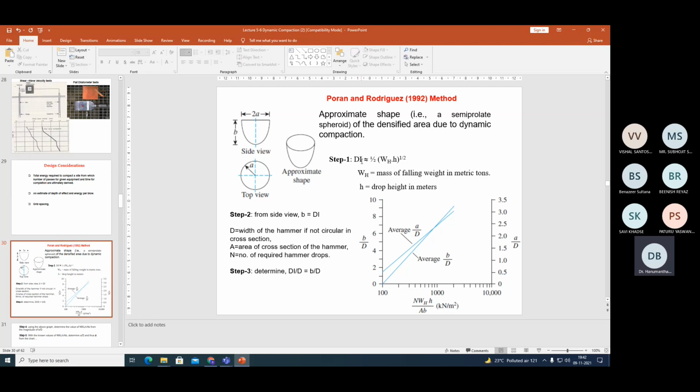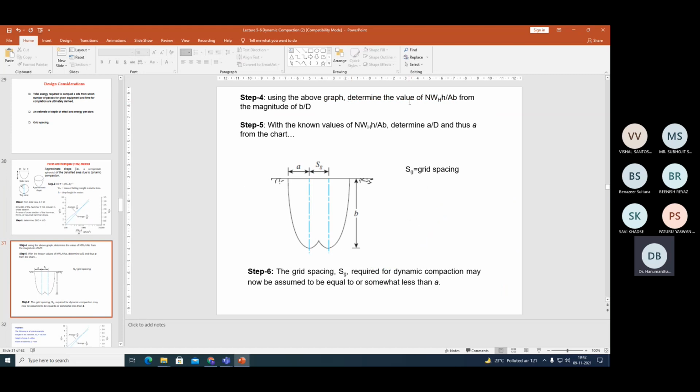In fact, we have calculated already DI from the step 1. Now you assume that B is equal to DI. Determine DI by D, where D is the width of the hammer. Now say DI by D is equal to B by D. So from this B by D, what I can do is, corresponding to A by D or B by D,